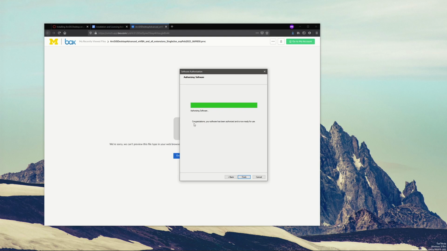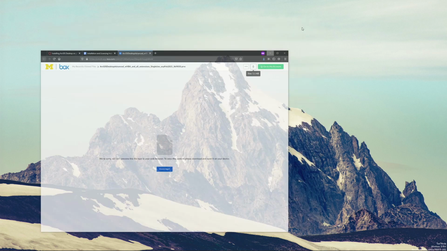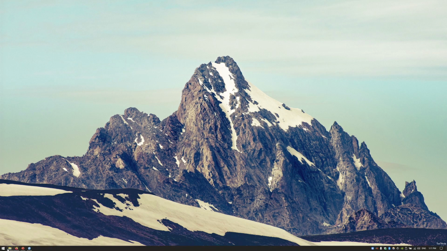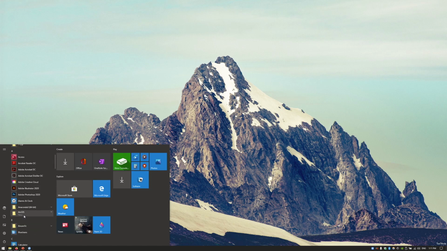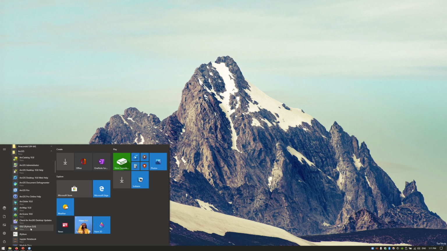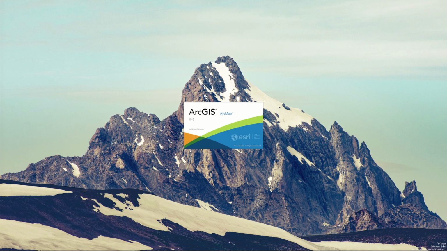All right, it's completed. It says, congratulations, you're authorized. You can hit finish. And now we can run ArcGIS Desktop. It installs as a folder here, ArcGIS, and within that folder are a lot of different programs. The main one we'll be using is ArcMap,